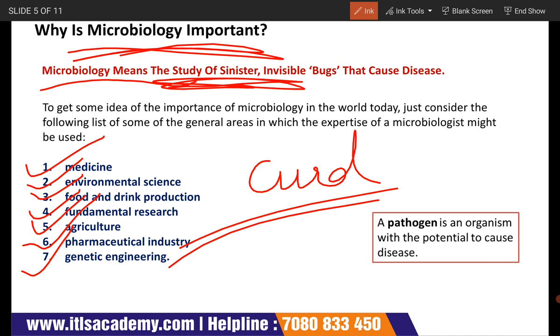So this microorganism plays an important role in every field, right? You can also say that cheese is also prepared through microorganisms, right? So microorganisms are playing a very important role in every food or drink production. Whereas if I talk about medicine and pharmaceutical industries,